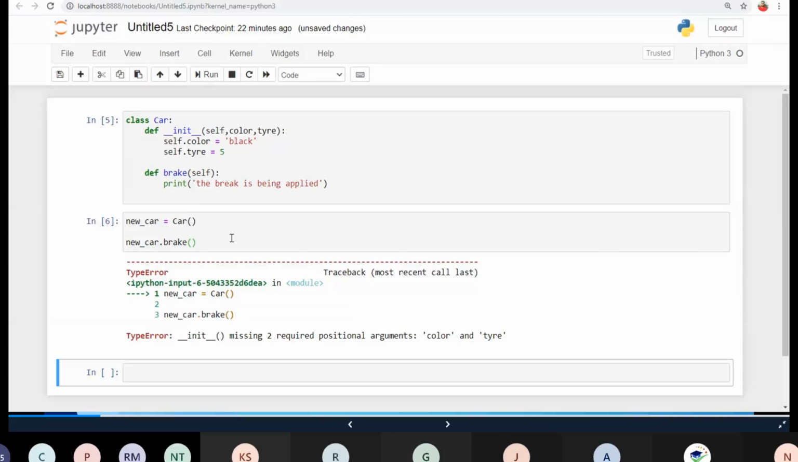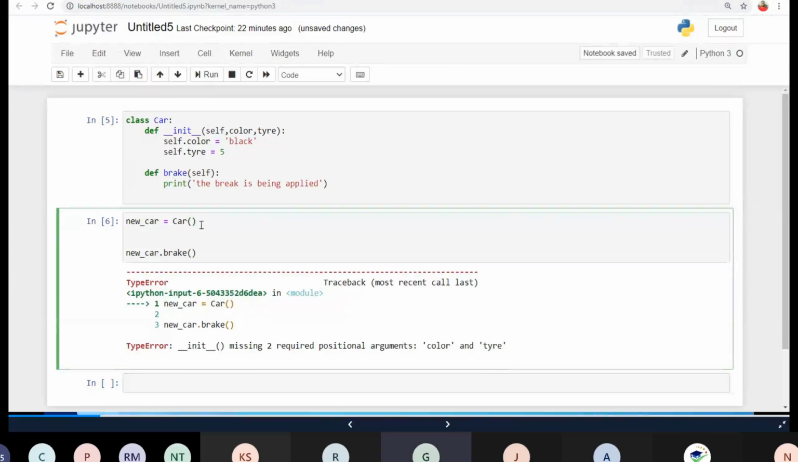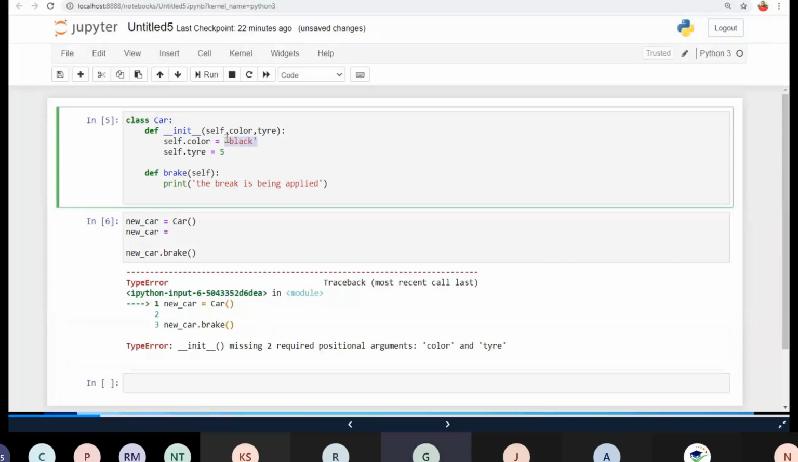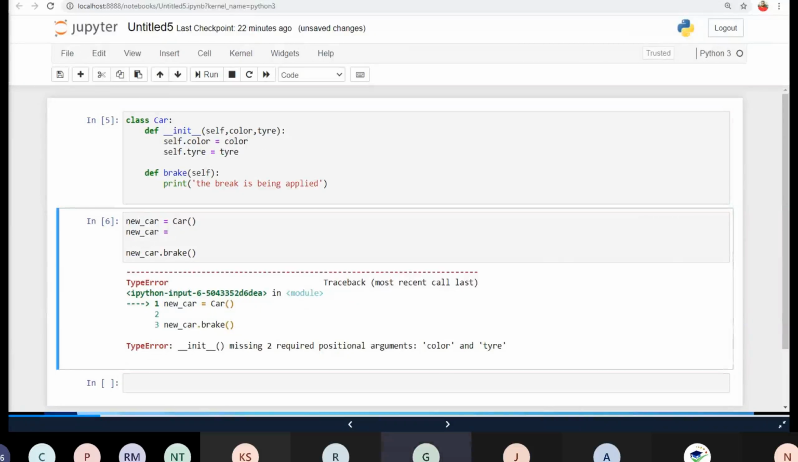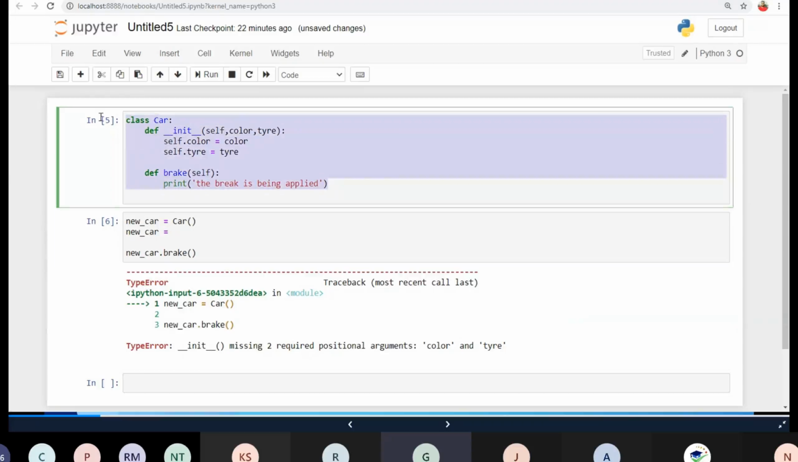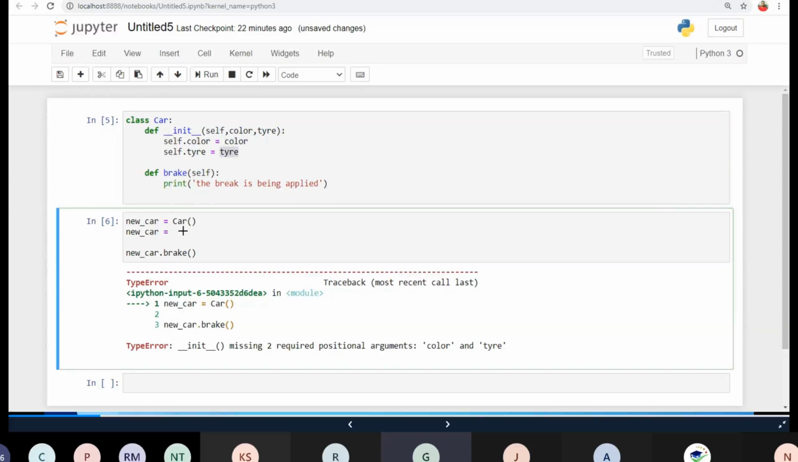okay, I need to initialize values to it, which I missed. I'll give a color to it. So here I think something went wrong. I was in this part where I'm changing the color and tire. Now I'm going to get this value here. So now I'll be giving the initialized values which are going to enter into it. So new car will be car of